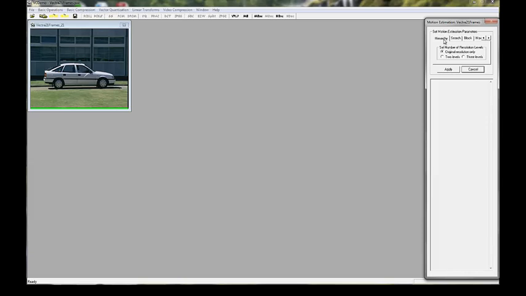We have quite a few choices. The first is whether we're going to use hierarchical motion estimation or not. So either we pick original resolution only, or a 2-level or 3-level hierarchical. We then have a choice of the search method. We can do full search or one-time or n-step logarithmic search. We have a choice of the block size. It can be 2 by 2 all the way to 16 by 16. Let's say we pick 8 by 8. Then we choose the size of the search region. So it's 15 by 15. That's the maximum displacement that we will allow. And finally, we can step through the motion estimation frame by frame, or we can let the system run on its own. So if we press apply,